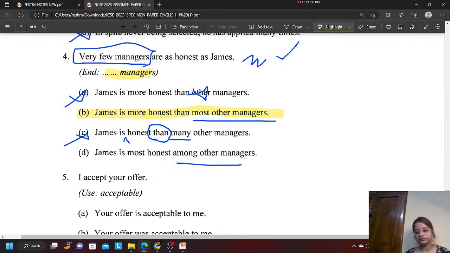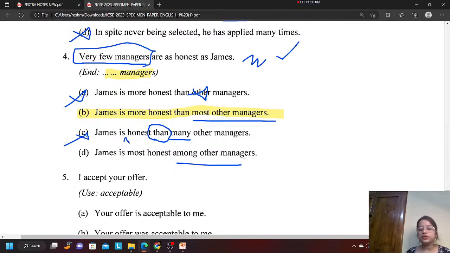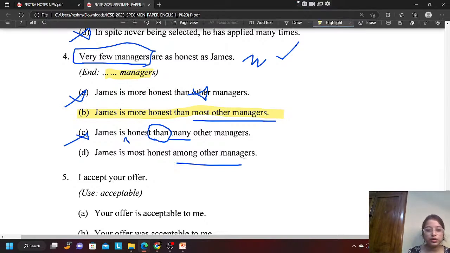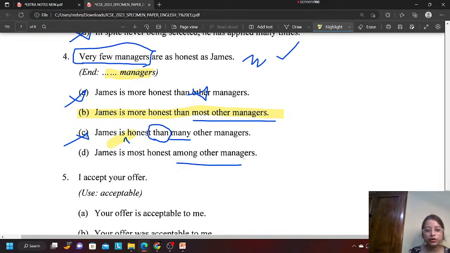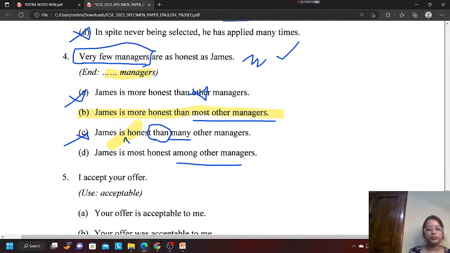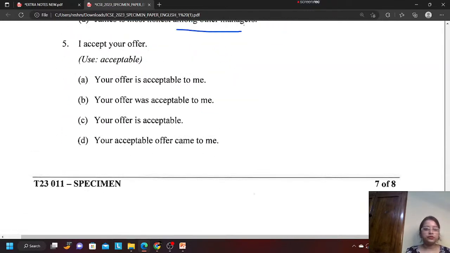Understood why? C is cancelled. Why? Because comparative degree में कुछ चाहिए ना, जैसे if I say Yusuf is good, if I have to compare, I have to say Yusuf is better. Okay, or Yusuf is more honest than that person. Okay, and superlative degree, Yusuf is the most honest person. So इसमें तो वो comparison के लिए जो more honest word होना चाहिए, that is not there. So it cannot be. Alright. So option number B. Now let's move to number 5.